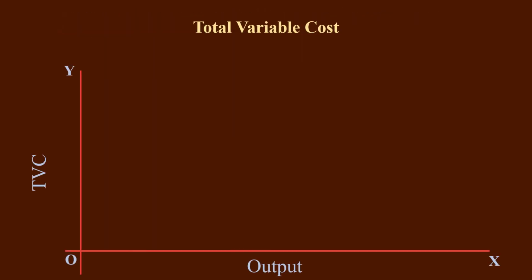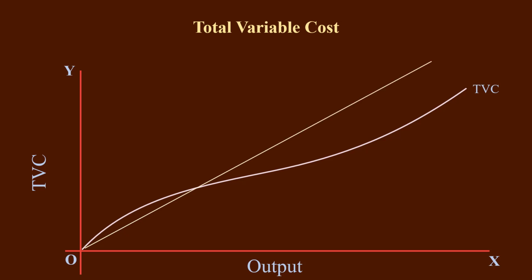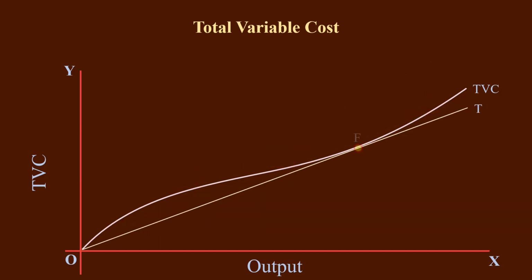It can be graphically represented. TVC is the total variable cost curve. Total variable cost curve starts from the origin and slopes upwards. It is not a linear curve. It takes inverted S shape. If you draw straight lines starting from the origin very close to total variable cost curve on either sides, all the lines will cut the curve except one. That one exceptional line becomes tangent to the total variable cost curve at point F.